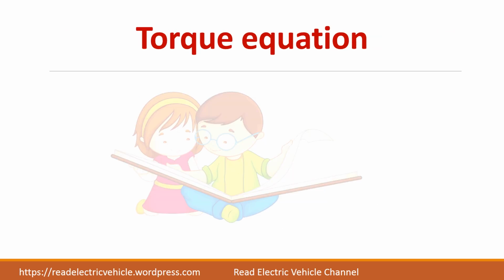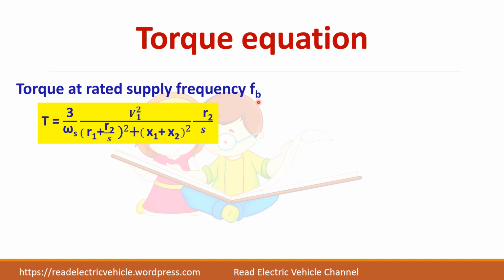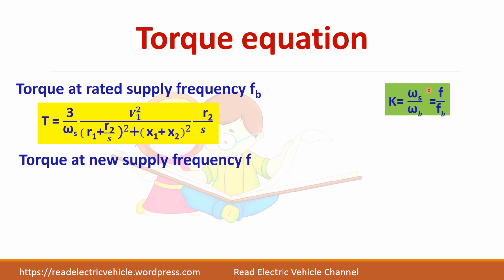Let us derive the maximum torque equation. We know the torque at rated supply frequency fb is given by, where b represents the base frequency or this rated supply frequency. So it is the torque equation. Now we are changing the supply frequency to a new value f. Let us take one ratio K is equal to f by fb, or if it is in radians per second, you can write omega s divided by omega b. So in this equation you have to change the new frequency. So omega s is what? K times